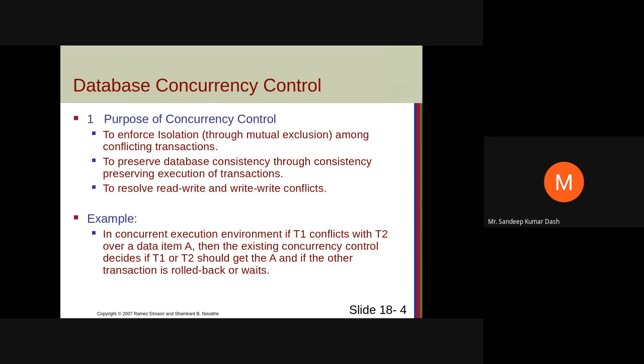So when we discuss isolation, you might remember I said that any database should have the transactions operated in an isolated manner. That means no transaction should be affecting how another transaction is operating, or it should not depend upon the execution of another transaction. It should be operated in such a way that it is operating alone, so that the database will always be in a consistent state.